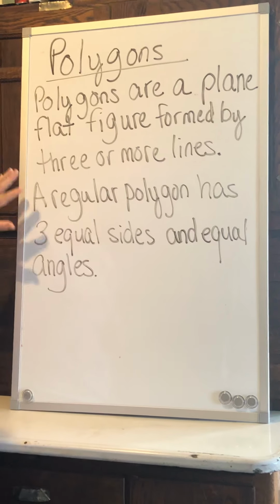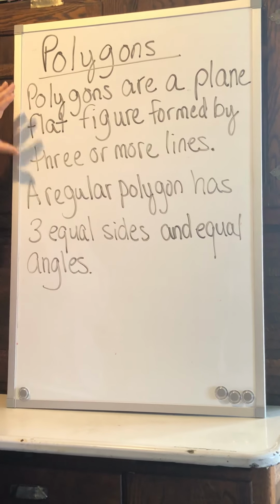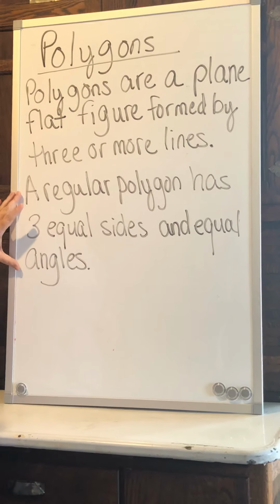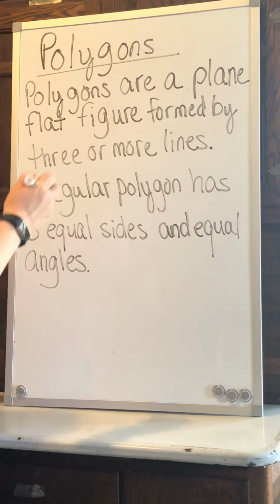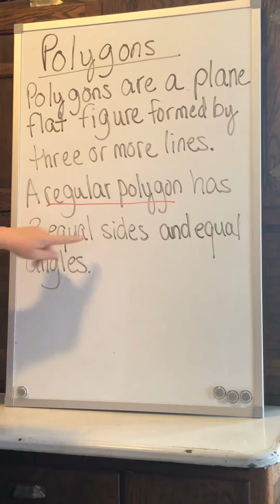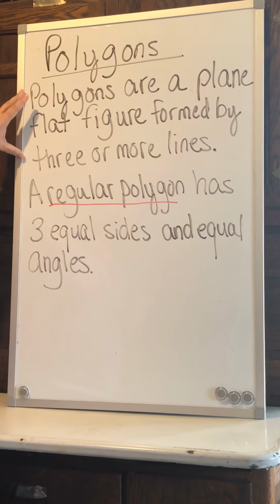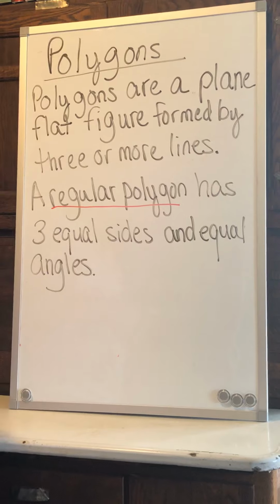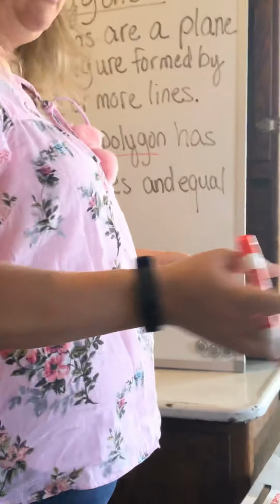Okay? And then there's a difference between a regular polygon and typical polygons, okay? Now a regular polygon has equal sides and equal angles. So just remember, regular polygons have equal sides and equal angles, okay? And polygons are plane, flat figures formed by 3 or more lines. So what do we mean by that? Okay, well, we're going to take a look at this